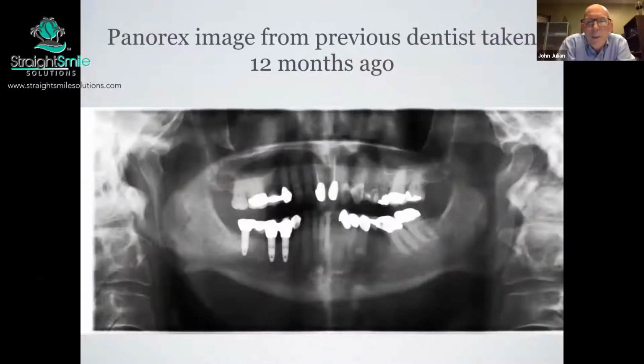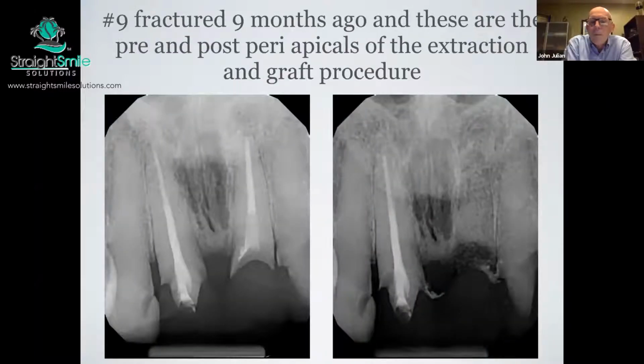Well, we also evaluated the panoramic, and we looked for any sign of pathology, any sign of a problem. We couldn't see anything. I've run this panoramic by several dentists who, upon looking again, came up with absolutely no unusual or clinical finding of any significant degree. What happened, though, is the panoramic was a year old, but about 9 months ago,